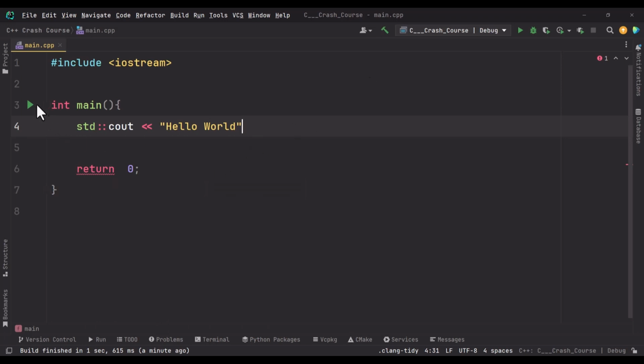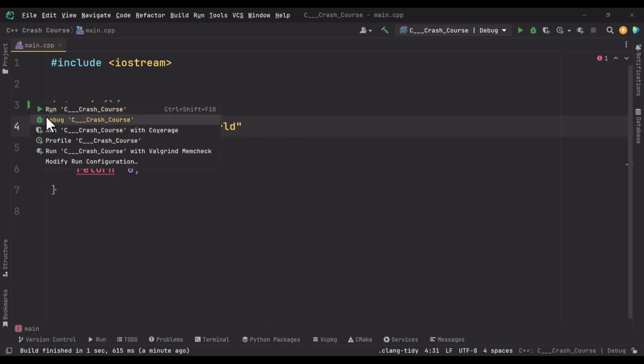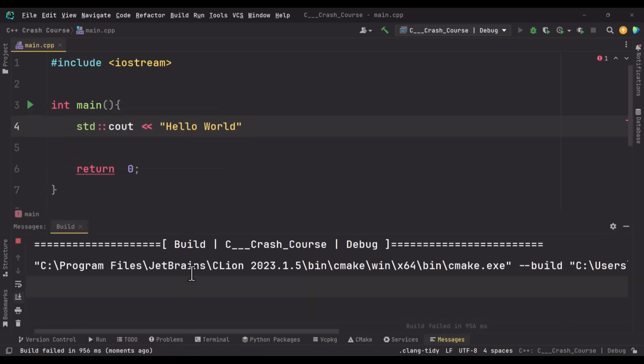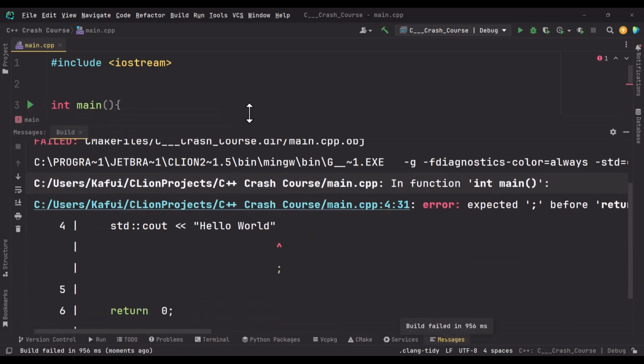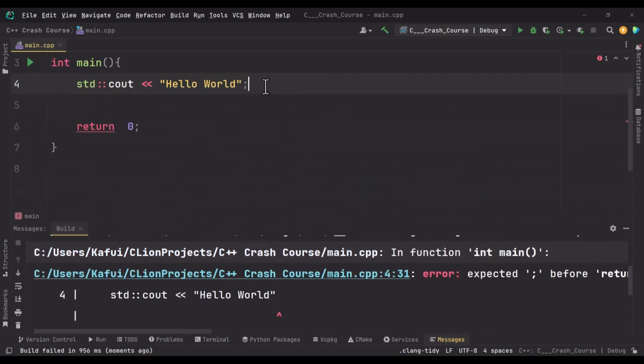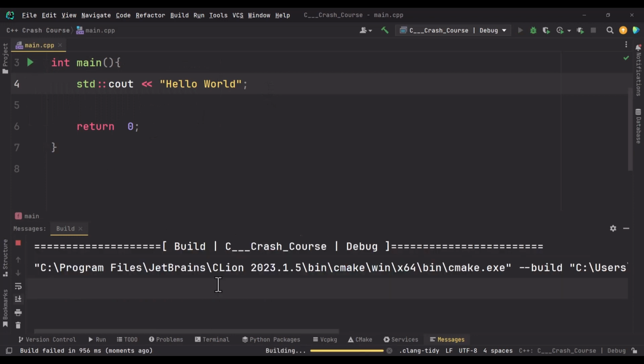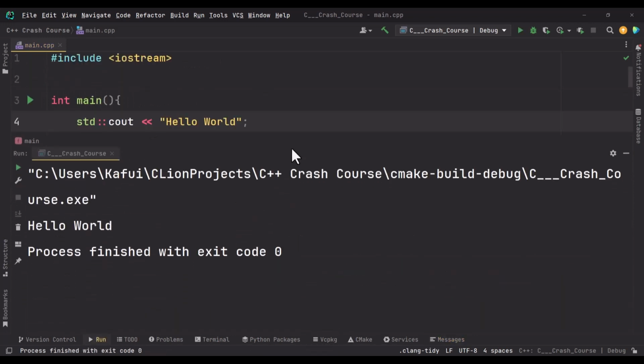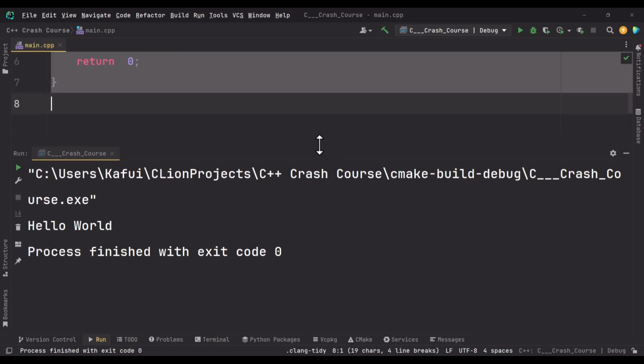So if I go ahead and run my code, you see that in my console there is a huge error here. So I will just go ahead and put it back there, save it, and run my code. And then the compiler will go ahead, compile my code, and execute it successfully for me. So this is just a simple hello world